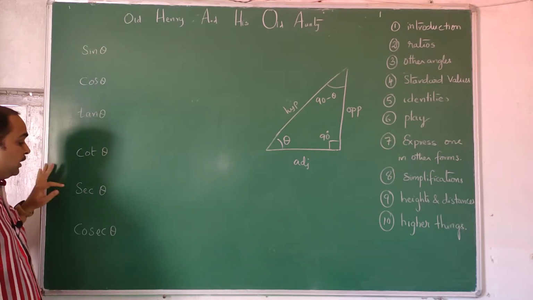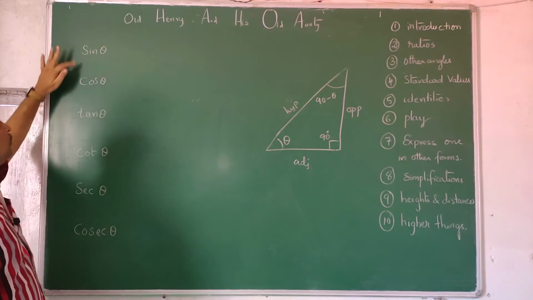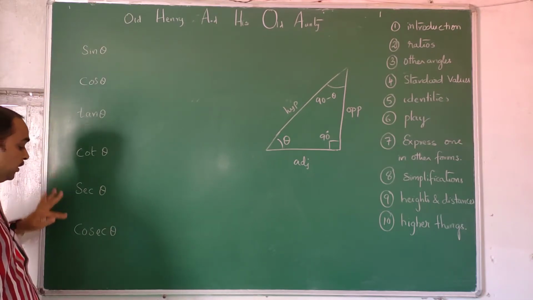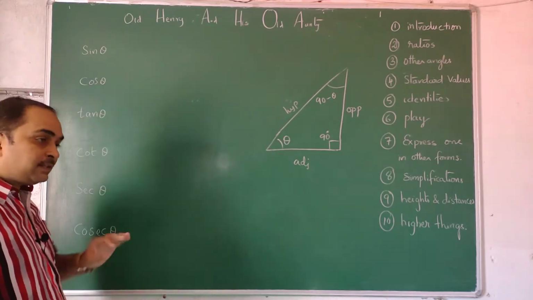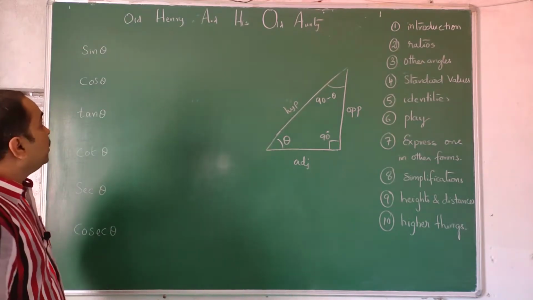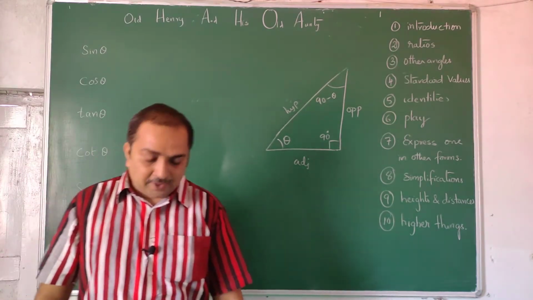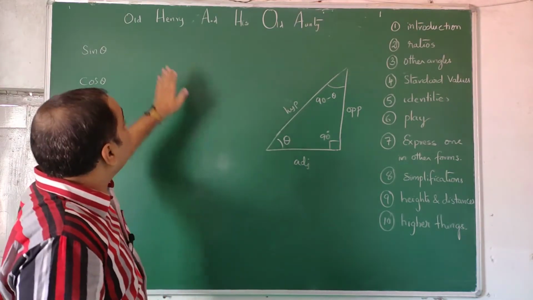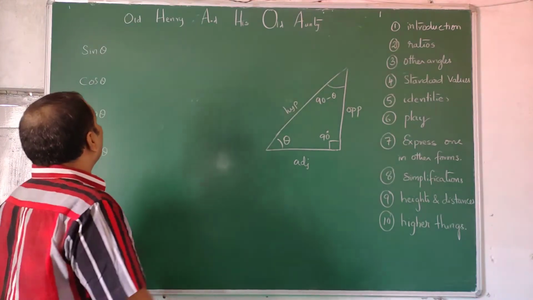Cotangent, secant, cosecant. Sine, cosine, tangent, cotangent, secant, cosecant. They have some relation, that's why they call co kind of things. We'll understand when I discuss. Many teachers introduce them in different ways. First we have to define them, and that definition you have to remember. For that purpose, remember this word which my teacher told me, I remember it till now.